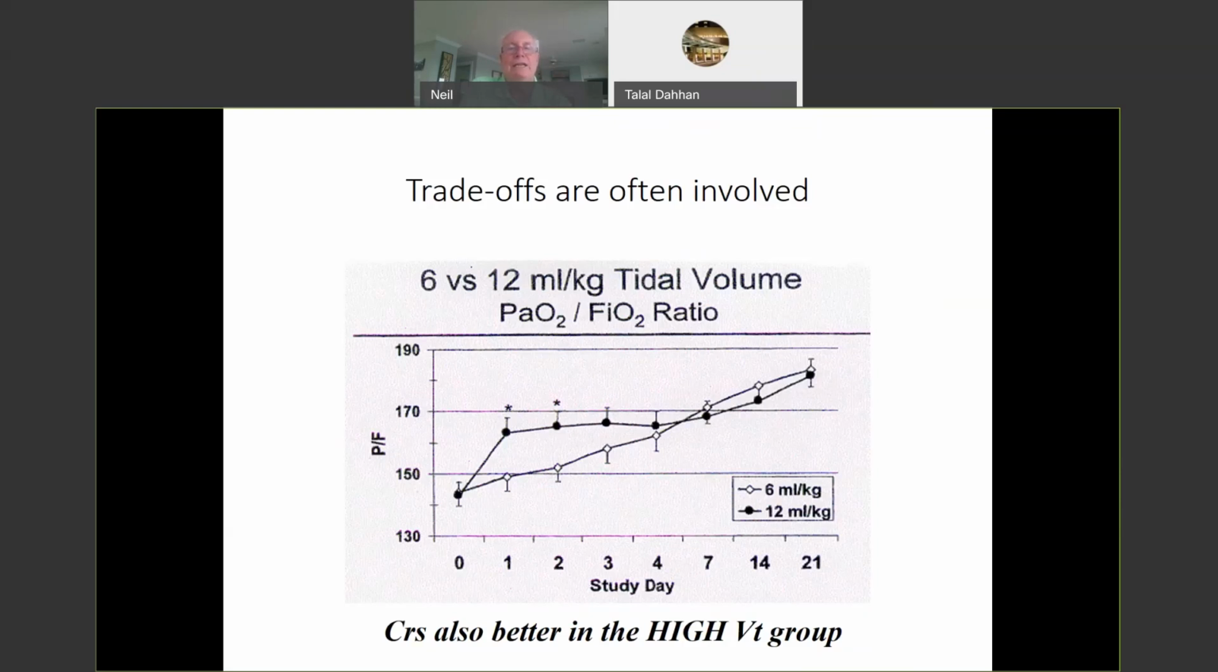Well, I think what's happening is on day 1, in the high tidal volume group, there was more recruitment that took place with the higher tidal volume. And that, for at least a couple of days, improved gas exchange. But if you recall back